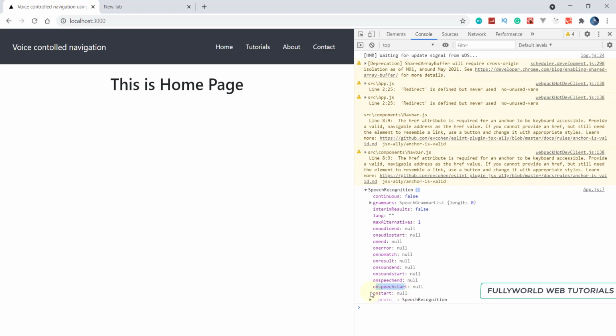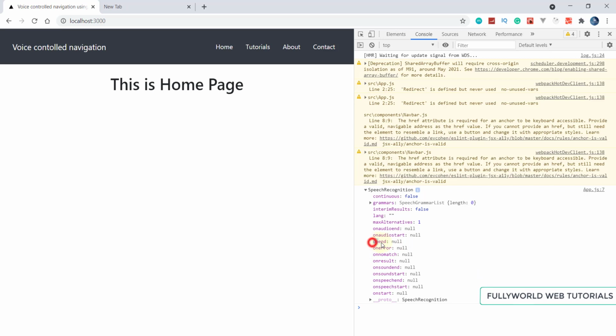Onsoundstart here can be like a sensor: if any sound is heard by your mic, you can run a function. As this is an object, you will write recognition.onsoundstart. When there is any sound, what will you do? You can do many creative things with this.